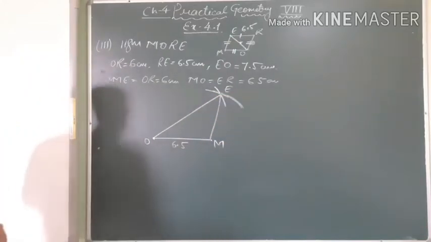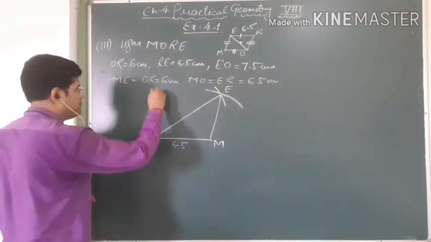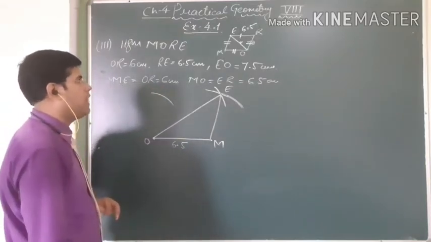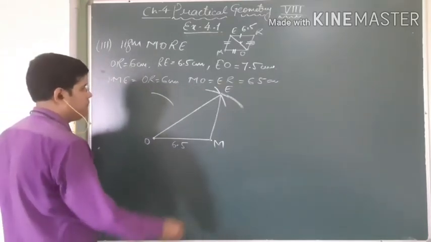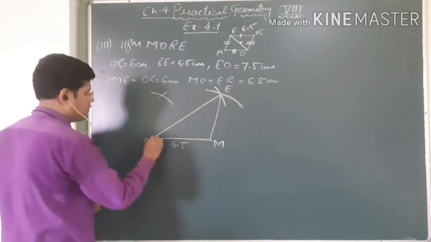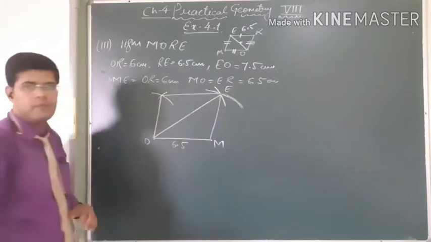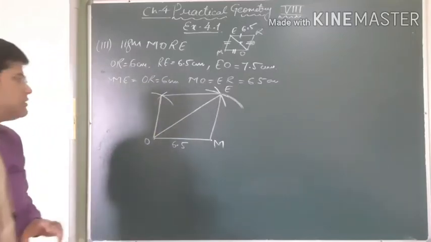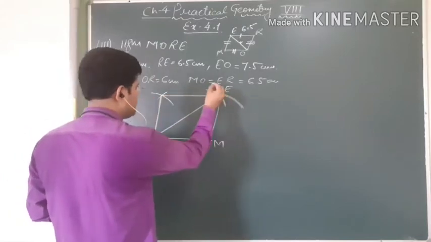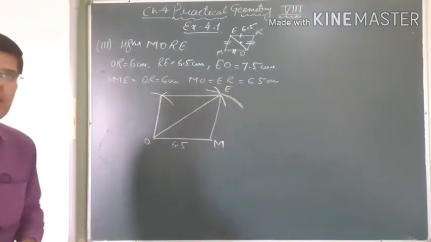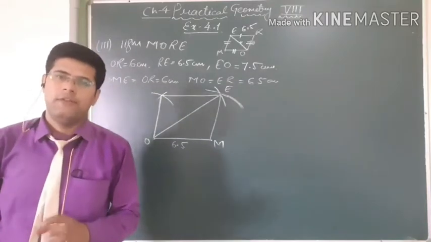Now from the point O, make an arc of 6 cm, and from the point E, make 6.5. When we join those, we get our diagram. Okay students, this is very easy. Actually this is not proper; you have to make it using a compass, pencil and ruler, then you will obtain a very good figure without any faults.